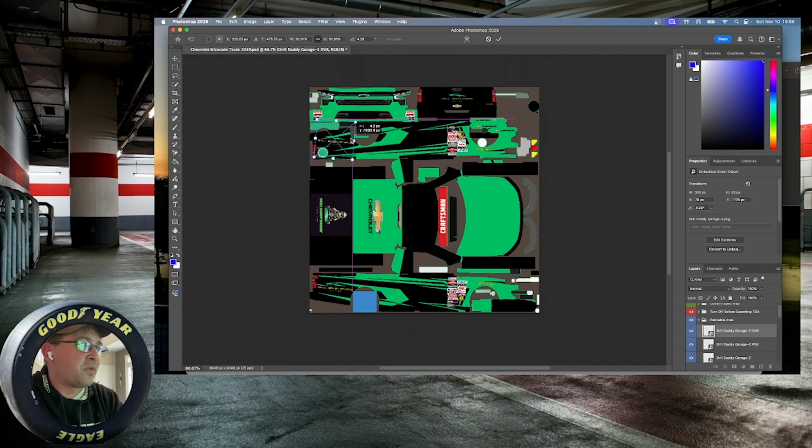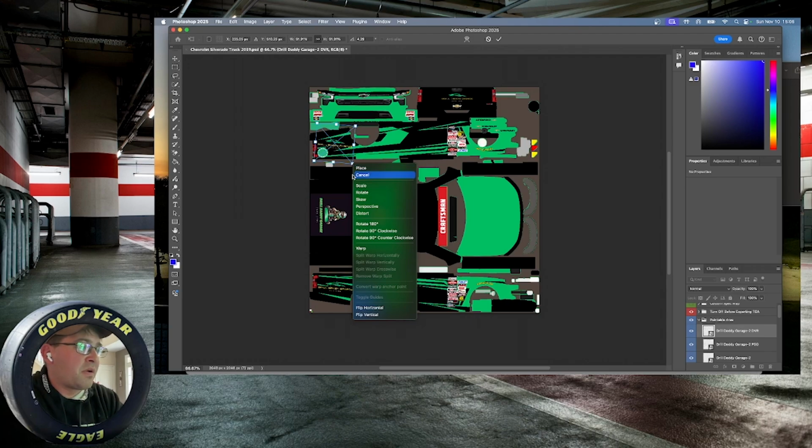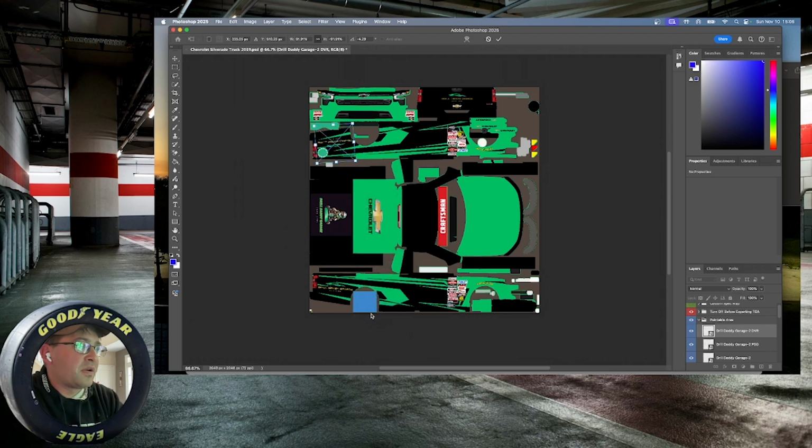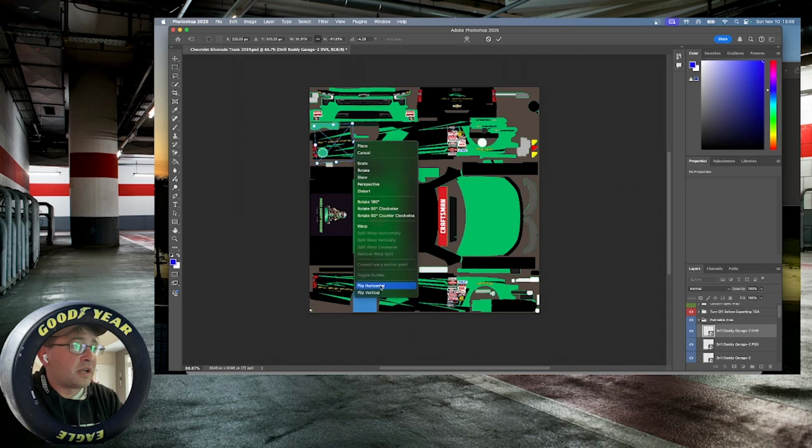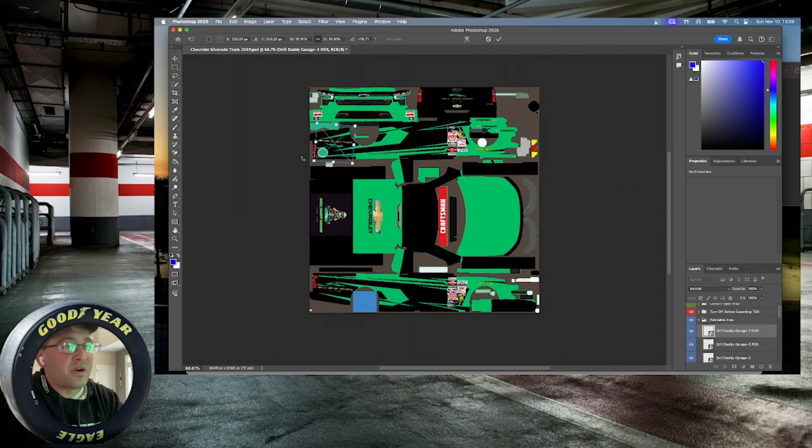Notice we want it to face forward. So when we get to doing this, this is where it comes a little bit of a challenge. So we need to right click and we want to flip it vertically. Okay, and obviously that makes it look hard to read. So now we want to flip it horizontally. So now it reads the other direction. All we do is we rotate it the other way